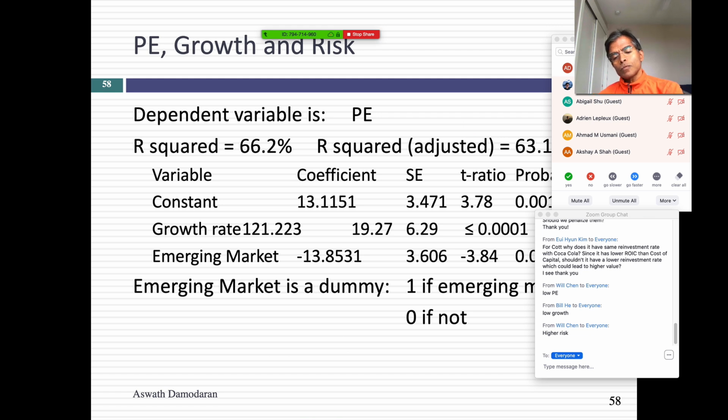But wouldn't it not be like a linear regression, because growth rate is... Yeah, in fact, that's a nice thing, is I've left these regressions very basic. The better you get at statistics, the more you can do with the data. Because Chen is raising a very interesting point. This is called a linear regression, and the relationship between PE and growth might not be linear.